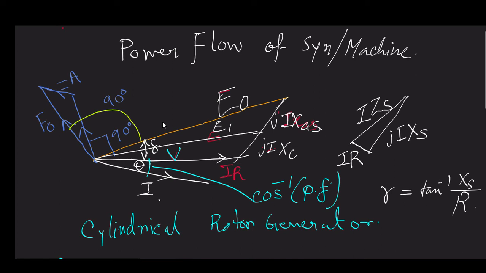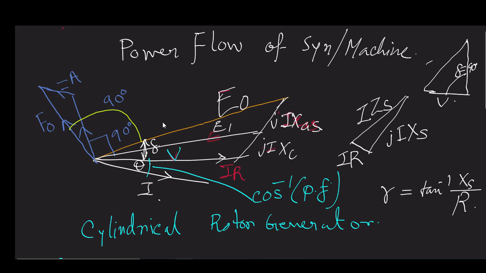So if you want this angle to be 90 degrees, if we consider a triangle where you have this kind of consideration, right? Now here if you want delta equal to 90 degrees, this is V,